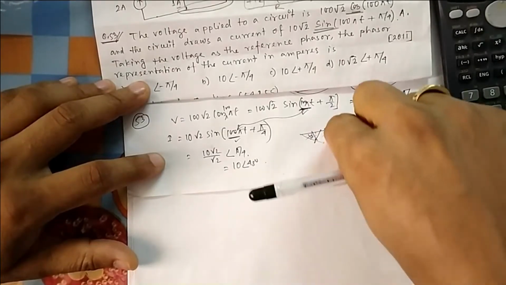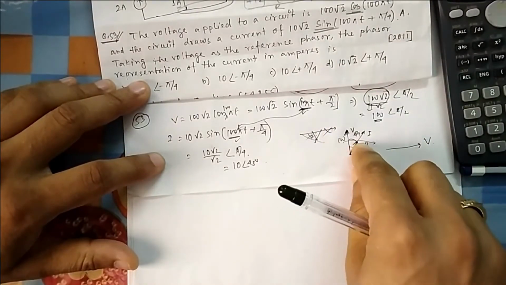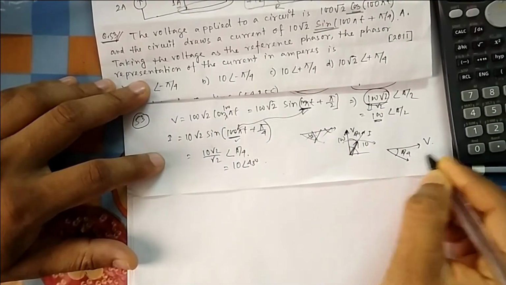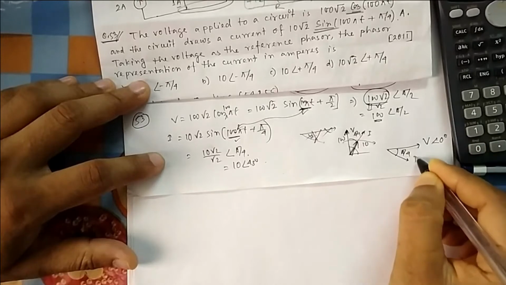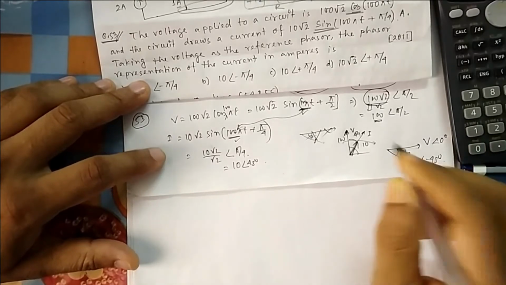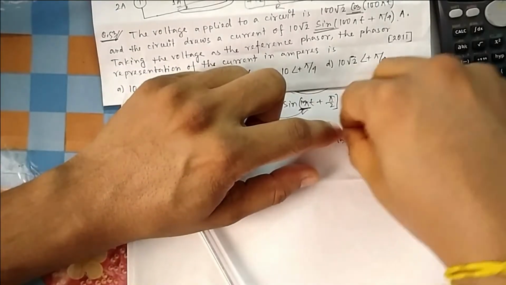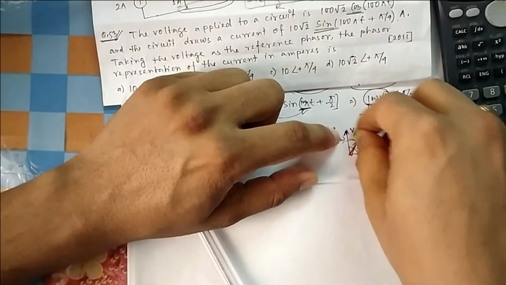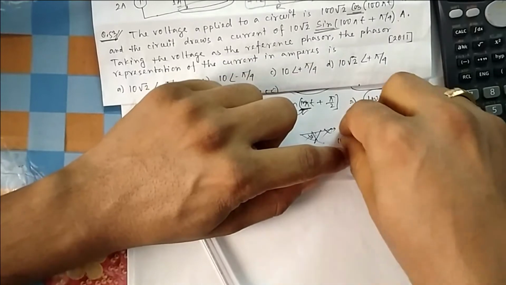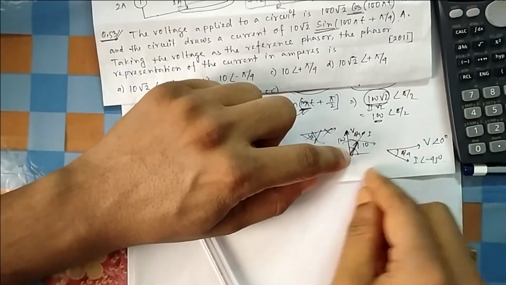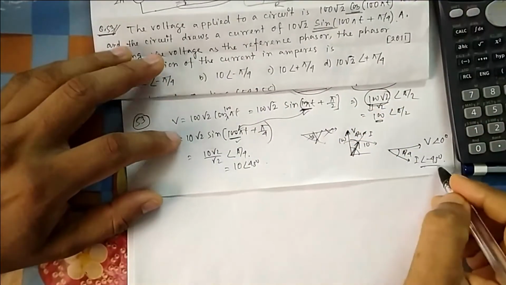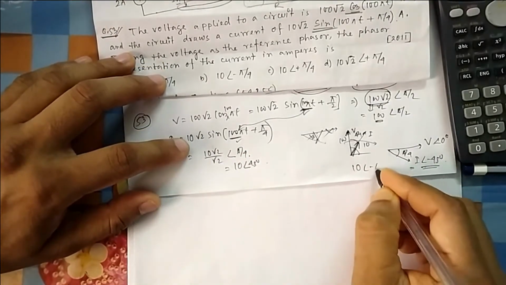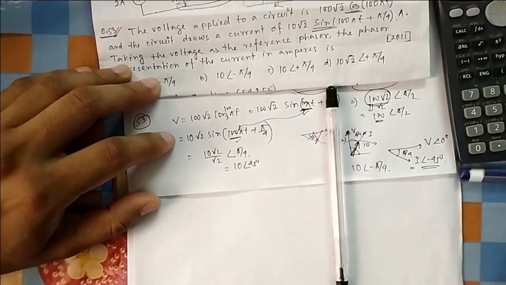You are pulling this V to 0, and if you pull this one, automatically I will also be pulled. So I will come 45 degree below that. If your V comes to 0, then I will come to minus 45. You can feel it. Suppose you are catching it and pulling it below so that it comes to 0. Once it rotates to 0, then obviously I will also rotate by pi by 4. So I's angle will be minus pi by 4. And what is the magnitude? Not 10 root 2, it is 10 at an angle of minus pi by 4. That is your option B.